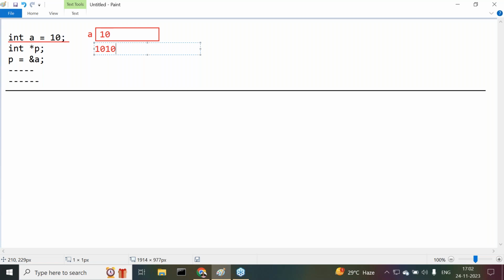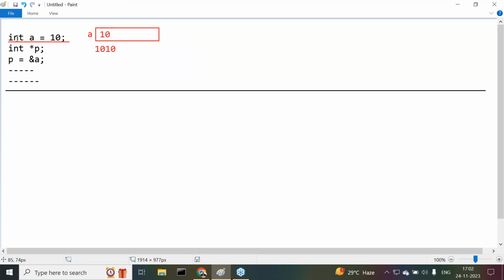Right? Now tell me, this entire thing is going to happen when the compiler encounters this statement, int a is equal to 10, in the case of C and C++ programs. Clear? All of you are getting clarity up to now? Nice. Observe carefully. After that,